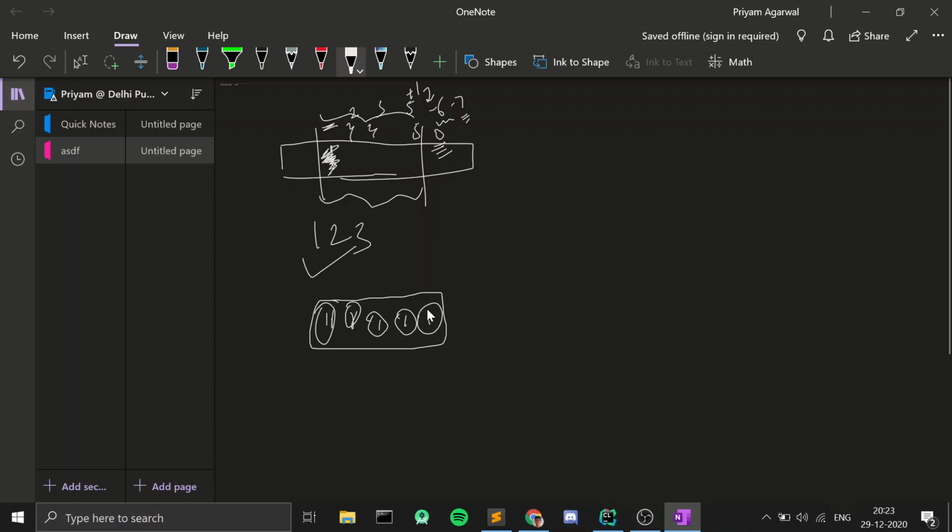And I put a 1 here. When I'm here, I add the prefix also. So I add the value here and I also add the prefix here. And if I put a minus 1 here,